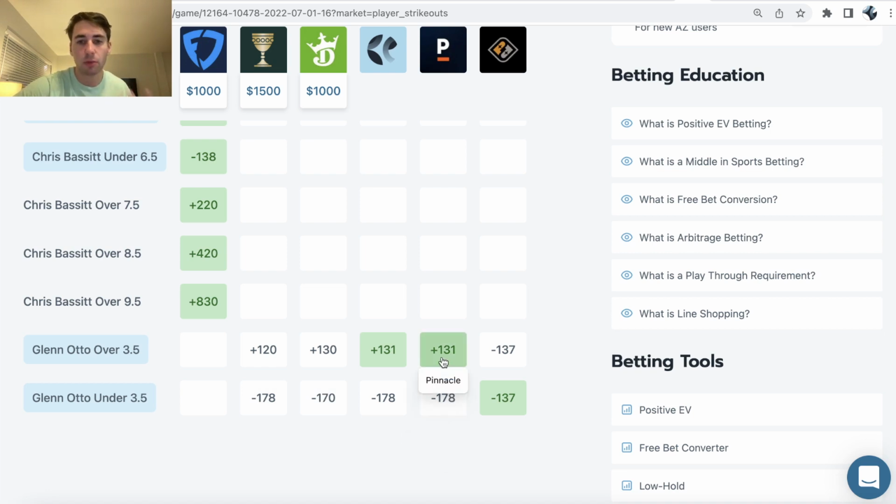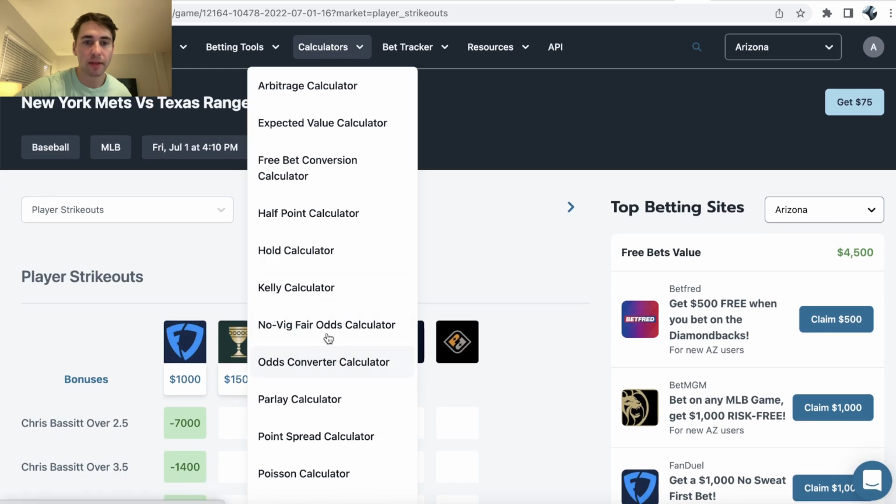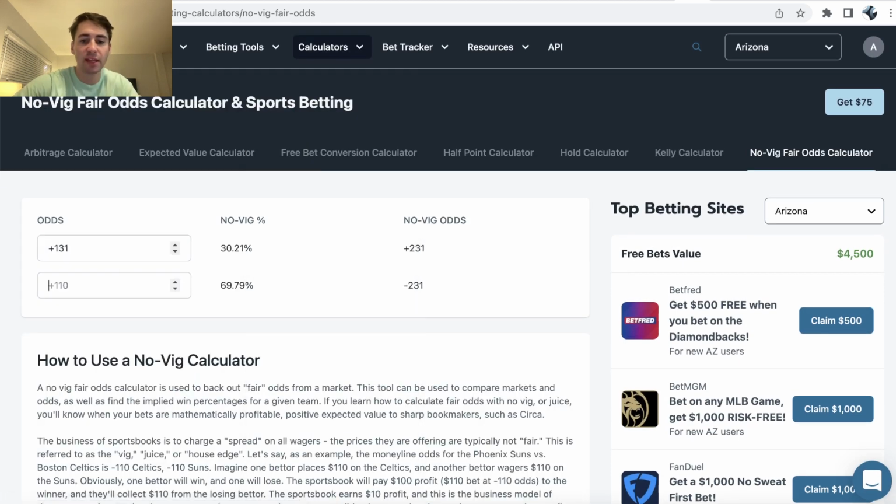The under is much more likely to hit. So this is a line discrepancy on PrizePicks, and we can use the current betting market on Pinnacle Sportsbook, the sharpest sportsbook in the world, to essentially back out the implied win probability for our bet. So they were pricing the over at plus 131, the under at minus 178. So essentially, what we can do is remove the juice from this market, and we see that our bet,